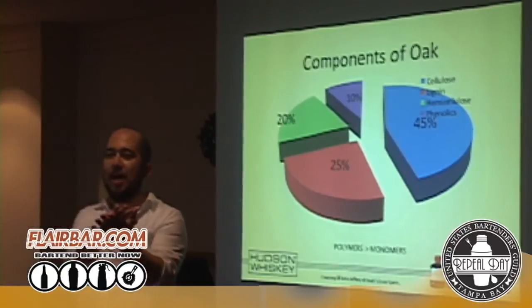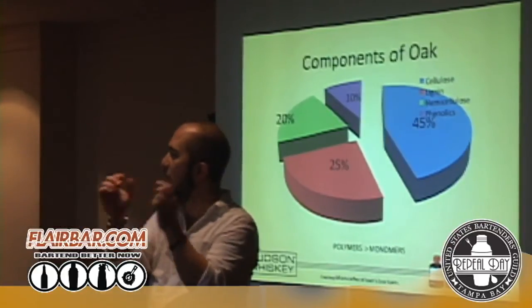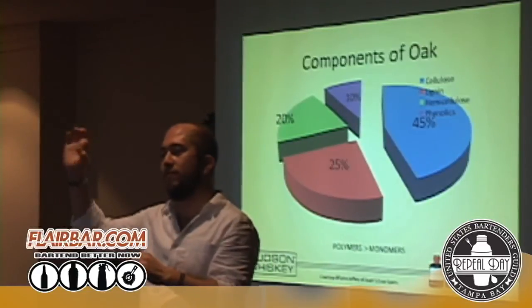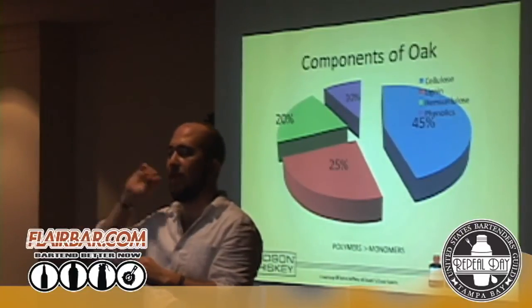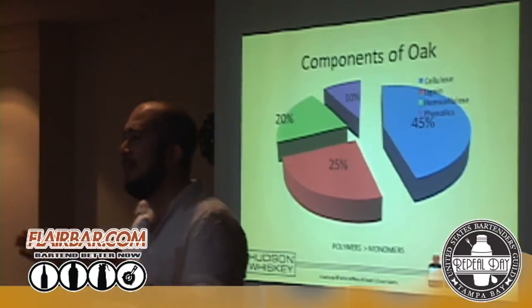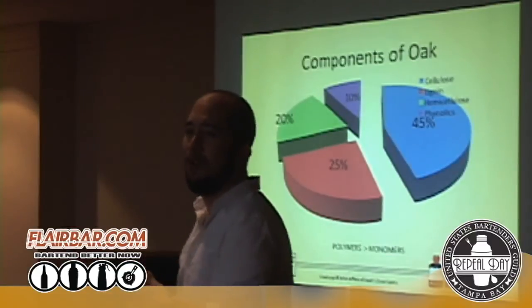So we've got aldehydes, which are naturally phenolic compounds in the wood that will go from aldehydes to acids to esters. And esters are the final product. When we get there, that's what we want. That's where we get really unique whiskey flavor profiles. And 60 to 70% of the flavor everybody knows as whiskey is coming from the barrel. So this is a really important step in the process.